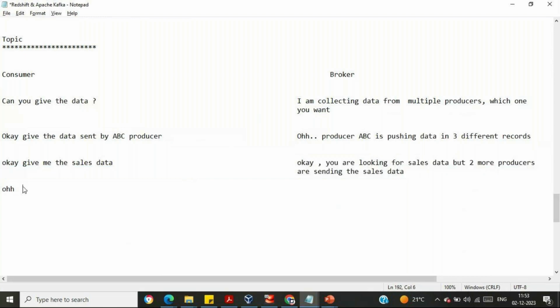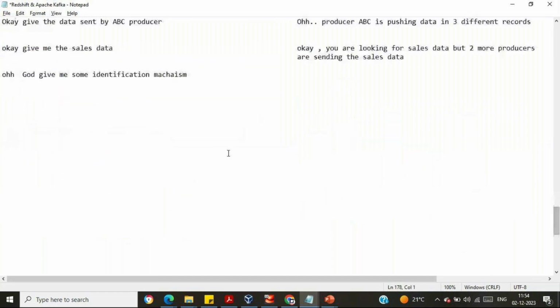Then the consumer says, give me some identification mechanism. This identification mechanism is nothing but the topic. So the topic is going to have a stream of data. What I have mentioned, it is having a stream of data. So with respect to our property example,